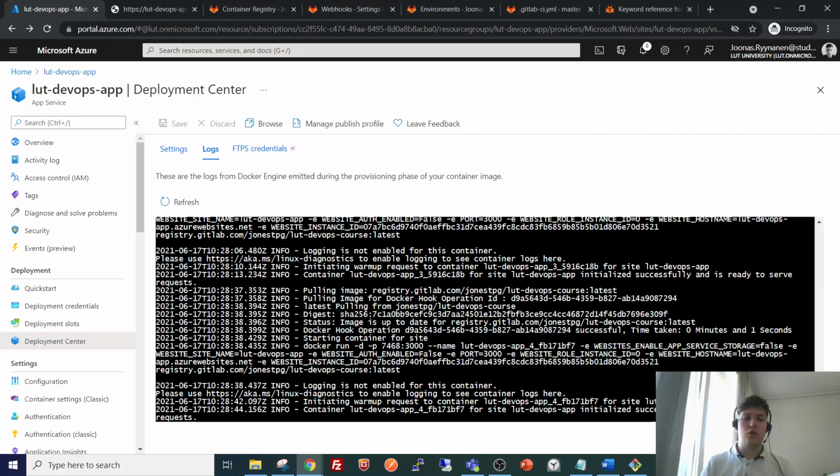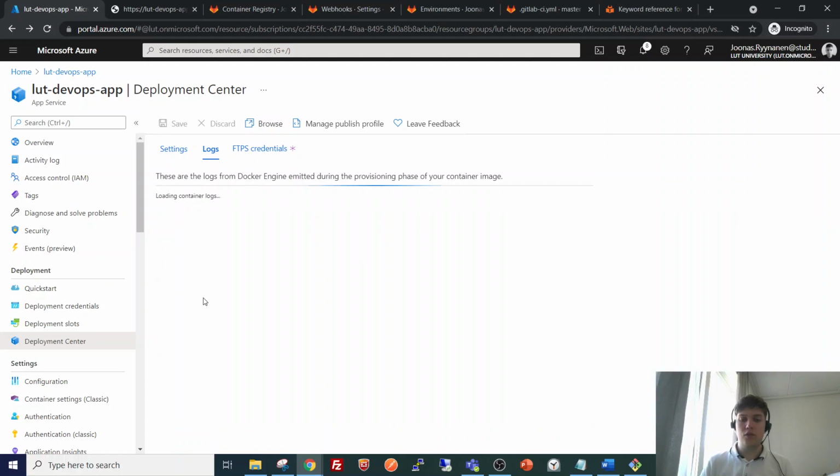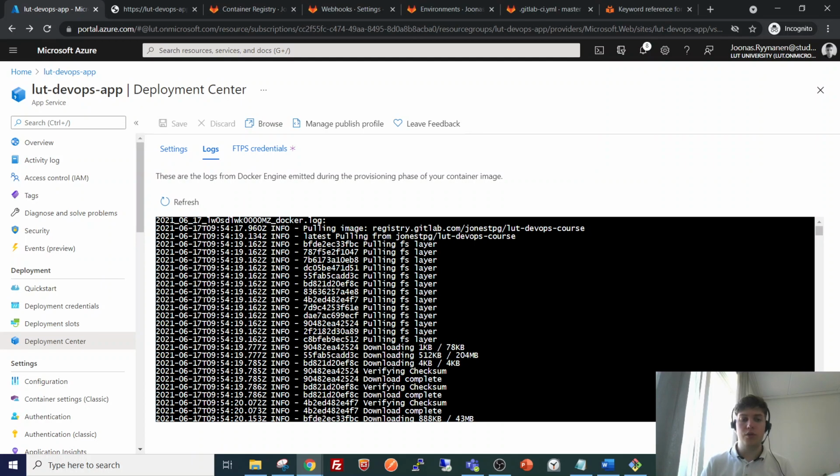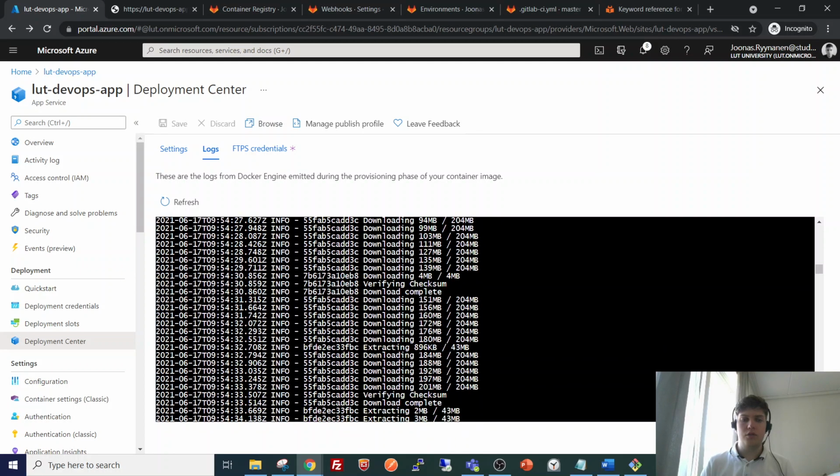And what this in turn should have done is call this webhook, and we can go ahead and see on the Azure logs if the pipeline has rerun, so if the deployment process has started automatically. So these are the logs from the previous video. We can see the timestamp here, and if we now refresh, we should get a new fresh deployment here, and this is the old one.